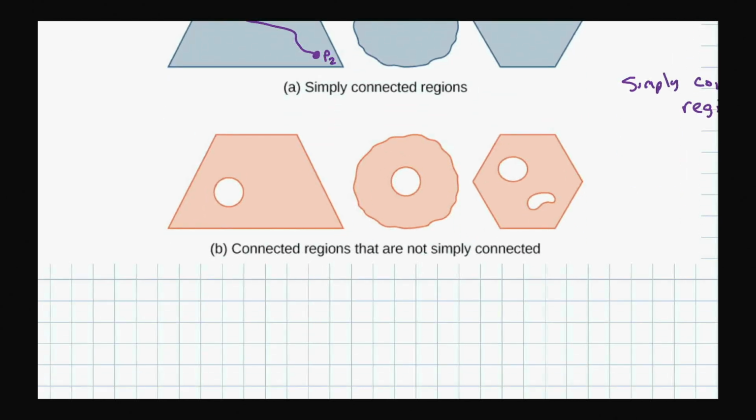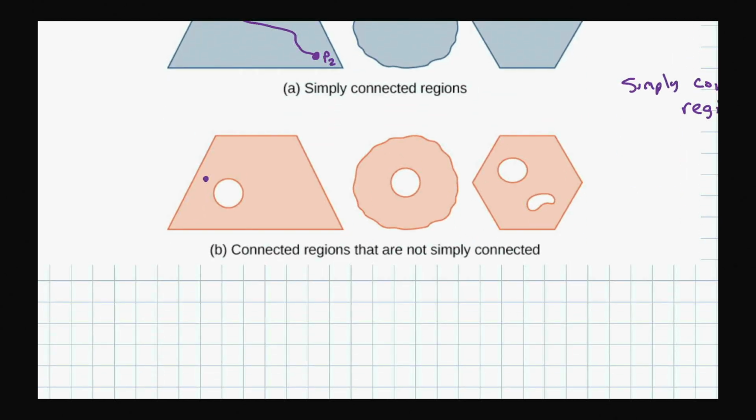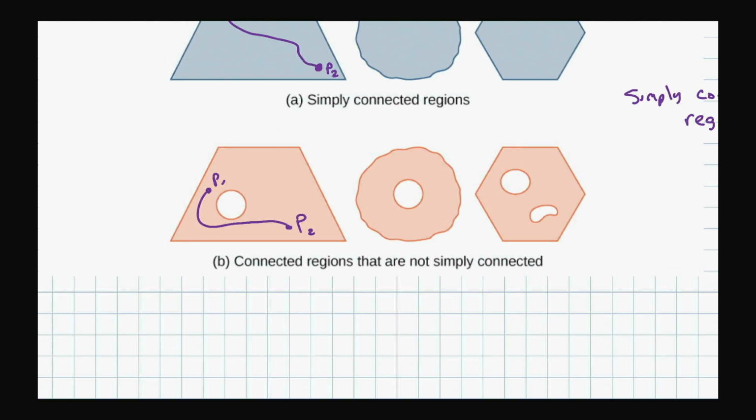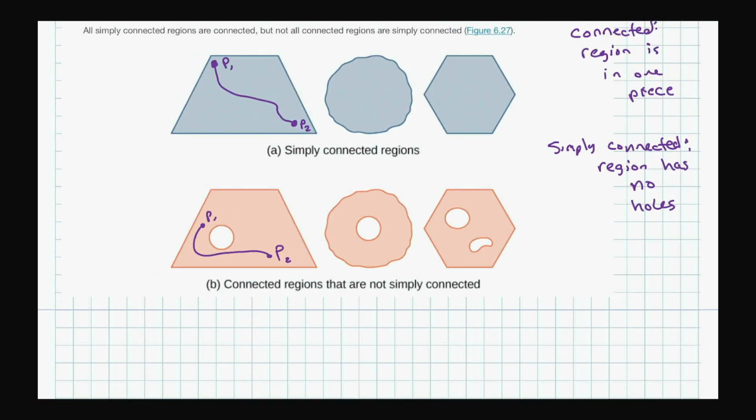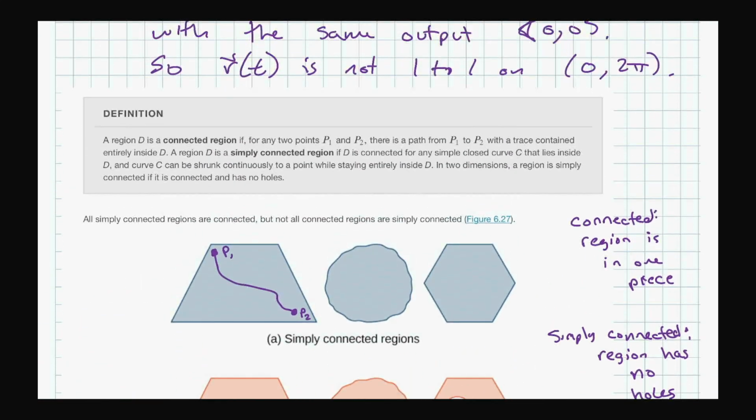And that's also true down here, right? If I put a point in here and I put another point in here, no matter where I put the points, you can always get from P1 to P2 without leaving the region. So they're connected. All of these are connected, but they're not simply connected because simply connected says that any simple